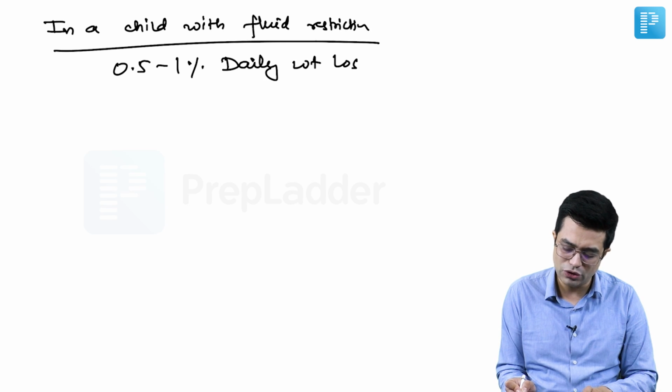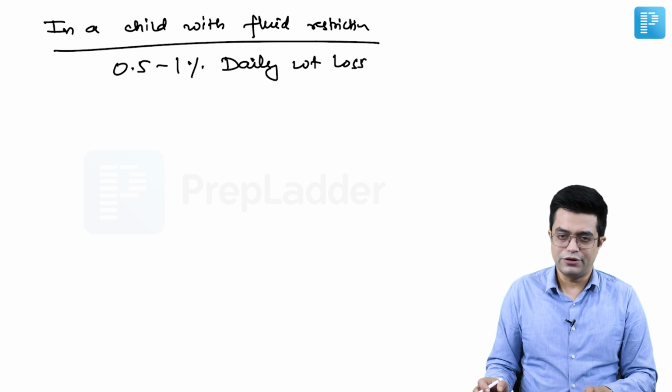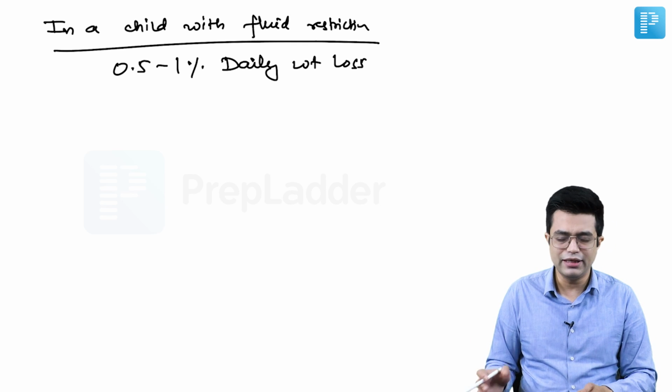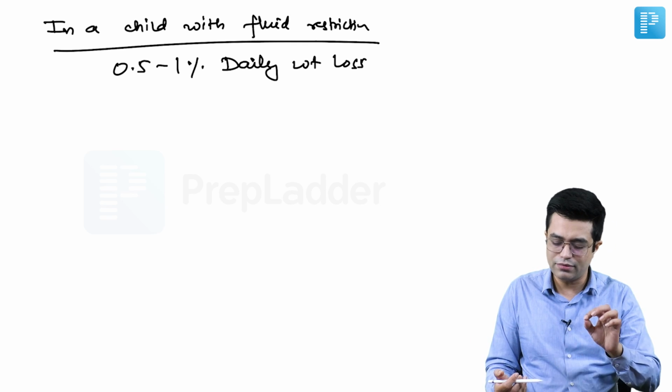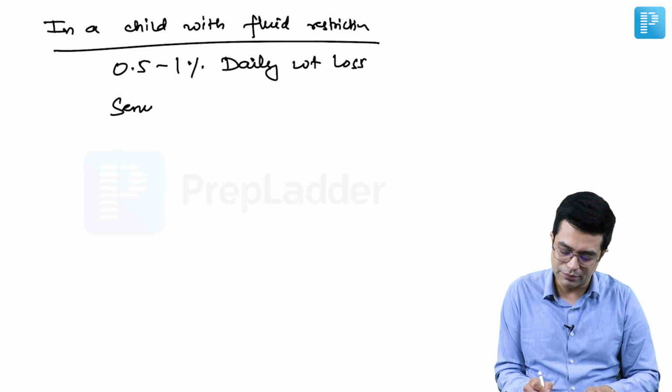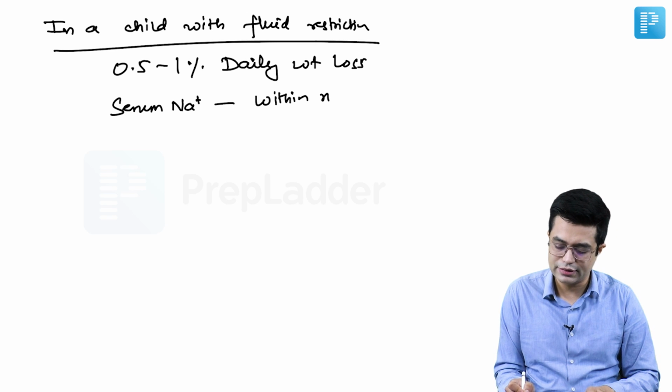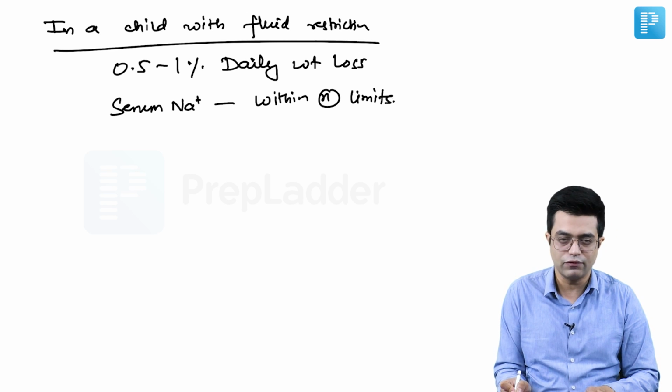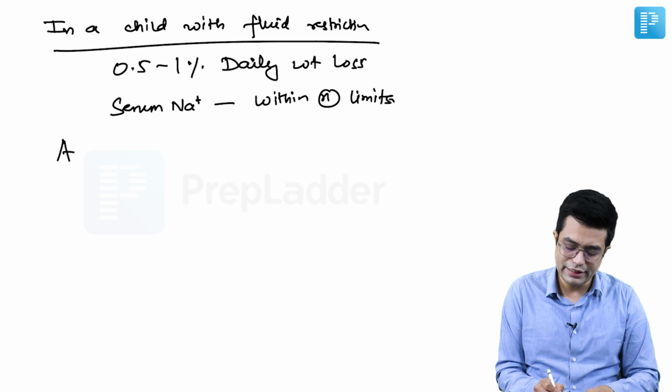This weight loss is actually not due to actual fluid loss, but is mainly related to caloric deprivation. The daily weight loss should be in the range of 0.5 to 1%, and the serum sodium should be within normal limits, that is, between 135 to 145 milliequivalents per liter. Any deviation